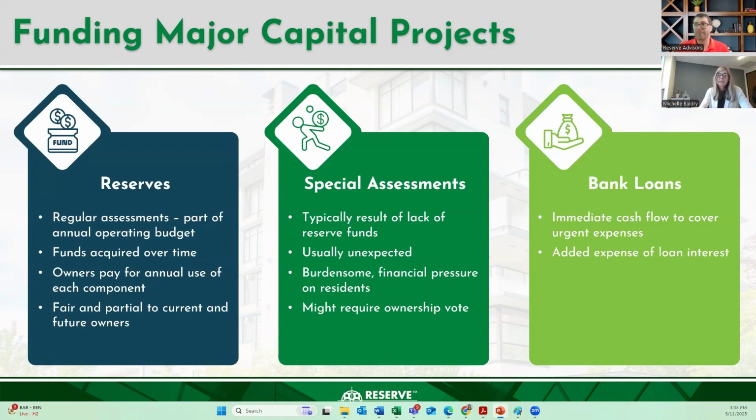Now, special assessments, so that's okay, we've used this component all up and now we need to pay for the eventual replacement, is really passing that burden to future owners. So even if turnover or sale of units is relatively minimal, you're still paying for it. It's the same unit owners that used those private streets or that pool. It's still a very disruptive process, right? Difficult for homeowners to absorb a special assessment. They're used to fees being at X level, and now when they're faced with a $2,000, $5,000, $10,000 special assessment, it's really difficult to absorb, right?